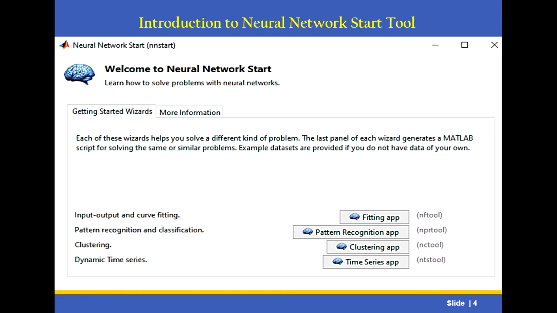Here the fitting tool is nothing but the neural fitting tool, to solve neural network problems, especially to fit data by training a two-layer feed forward network. This fitting app leads you through solving a data fitting problem using a two-layer feed forward network. It helps to select data, divide it into training, validation and testing sets, define the network architecture and also train the network. Here the words coming are training, validation and testing.